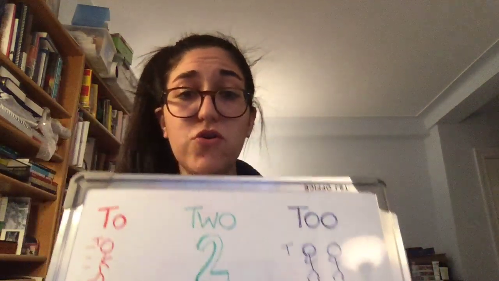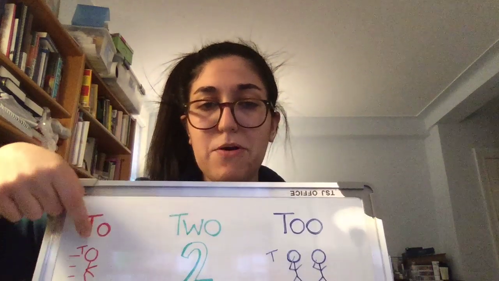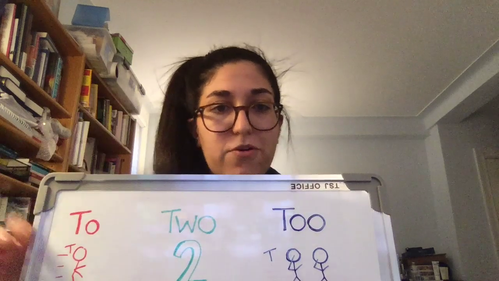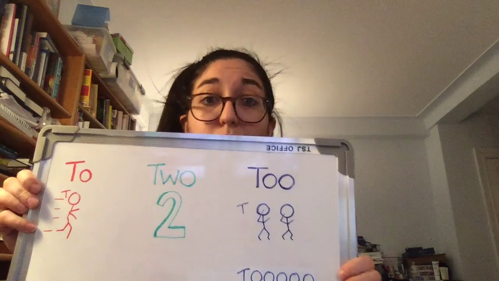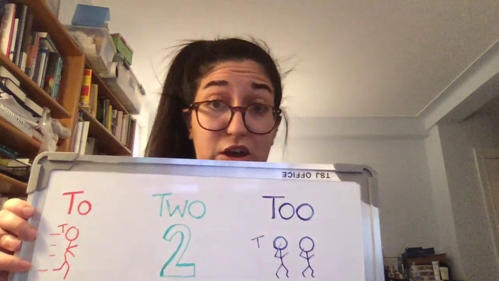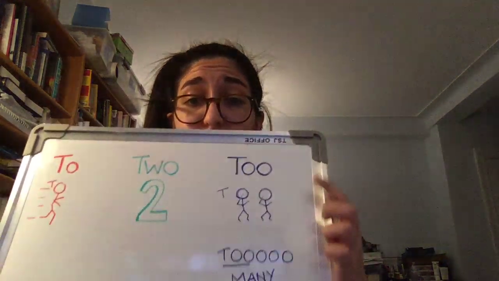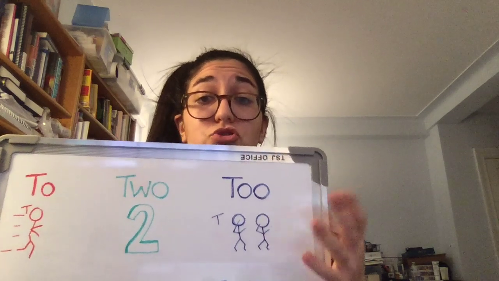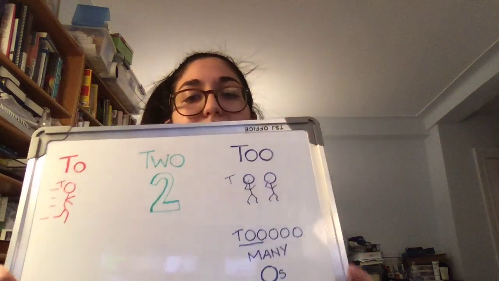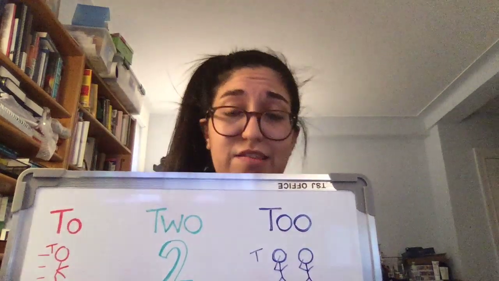So here's how I like to think about it. Two with one O, it's got like a little person's head running, right? One O, one person running. The number two, I just think about it like, could I use a number in place of it? If I could use a number in place of it, then it's that two. And lastly, too, so I want to do it also. One person's hitting the dab, so the other person wants to hit the dab, right? Two heads to help you remember that. And then here, too, it has too many O's. There's an excessive amount of them.